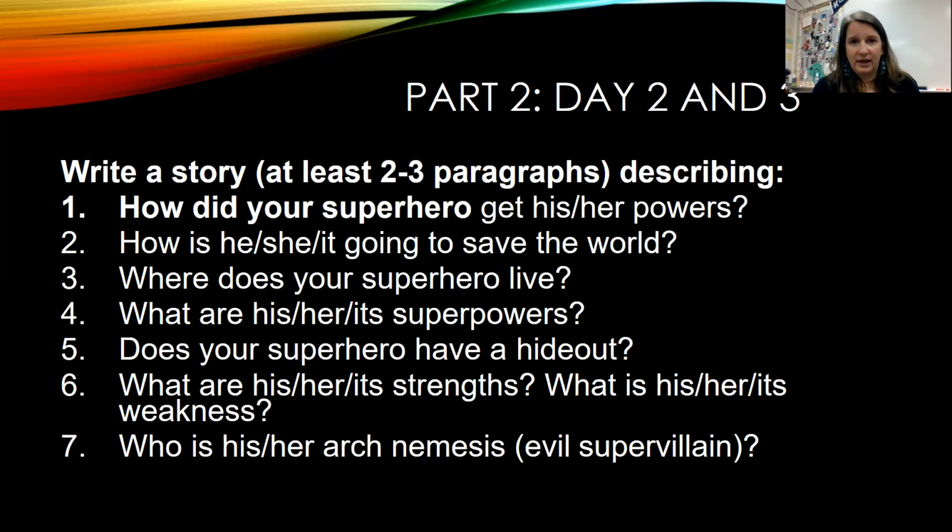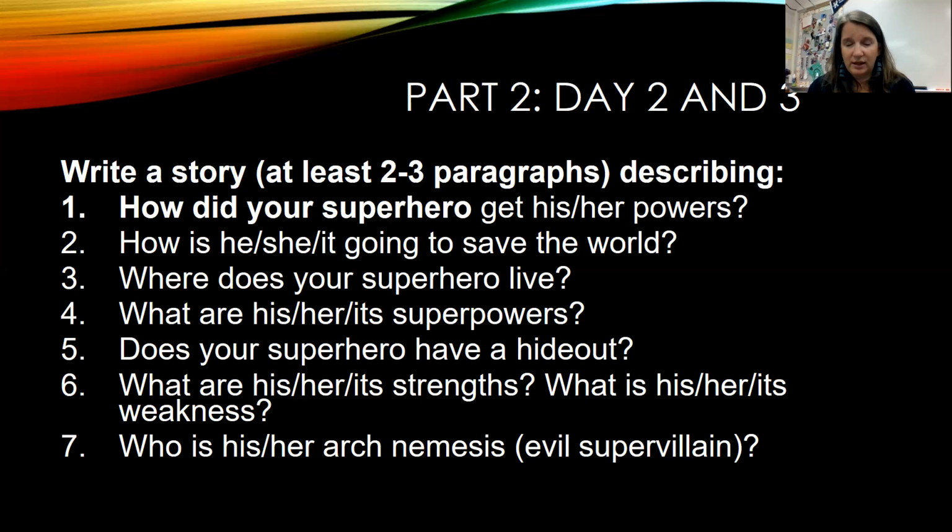On the second and the third days, you're going to be working on a couple of different things. On one of the days, you're going to start writing your story. What's happening? How is your organization involved in stopping this radiation? How has your superhero been created and developed to help stop this radiation? What are the good and bad things about your superhero that are going to come to light when they're fighting the extraterrestrial beings that are using this type of radiation? What other kinds of things about your superhero do we need to know?